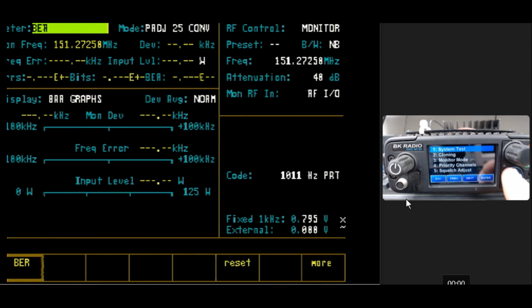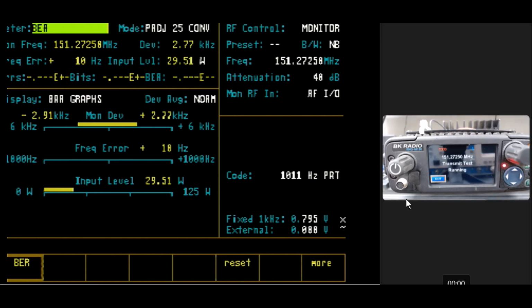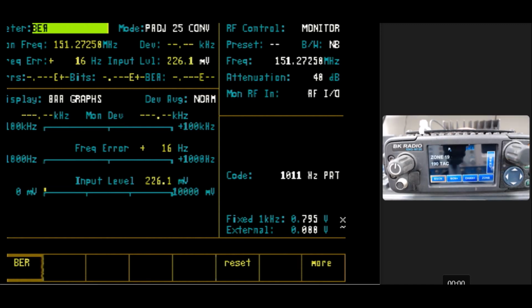We'll come up into the menu and go into the system test, and we want transmit symbol pattern. We'll go enter. You see it's transmitting digitally, and it's running. Over here on my deviation, like I said, 2.83 is ideal, so that looks good. 16 hertz frequency error is great. 29 watts is great as well. So that's a good reading there. So I'll exit out of that test, and now I want to go to the bit error rate